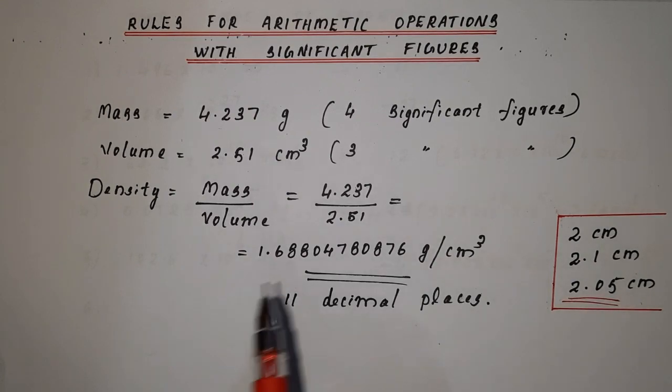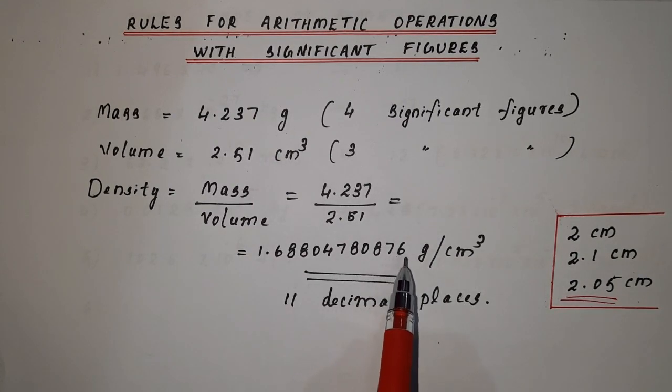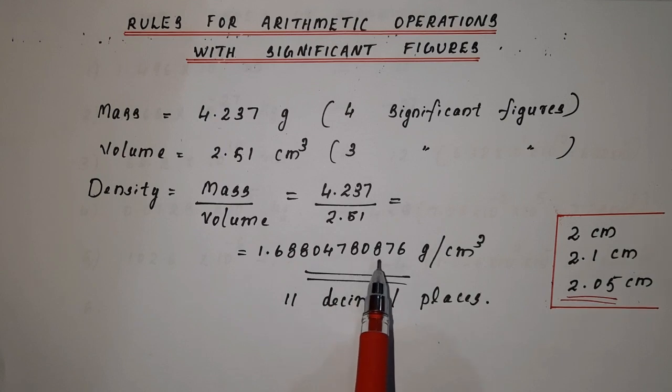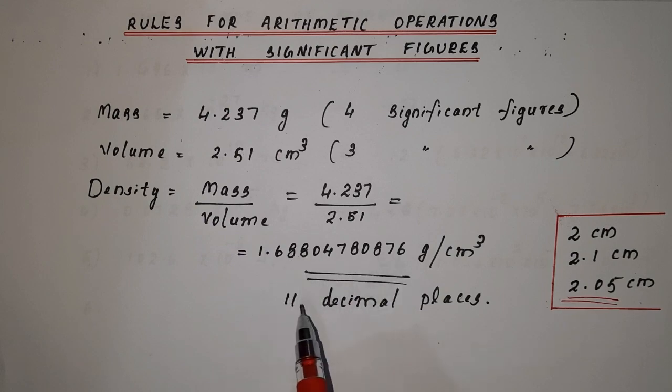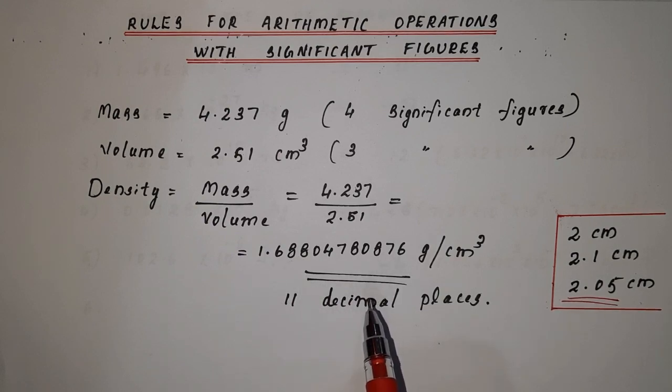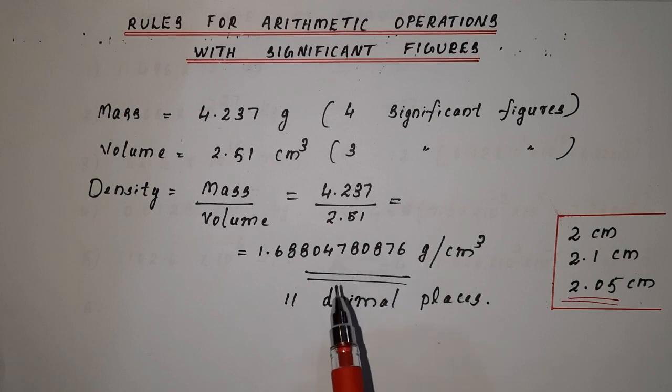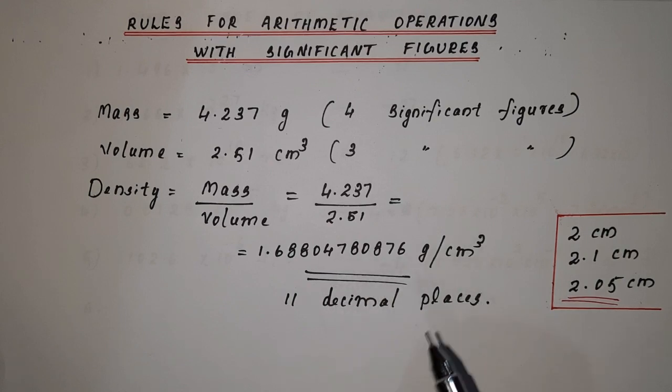So when we calculate density, if you are getting this many decimal places, should you write the answer like that? No. It will convey a wrong message that you have measured the mass and volume with that much precise instruments. Precision up to 11 decimal places means it is absurd, isn't it? So that is why, in doing calculation, how many significant figures we have to retain, regarding that we have 3 rules. We will discuss those rules.